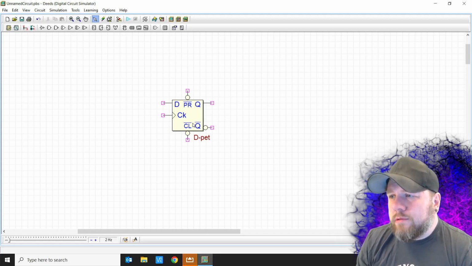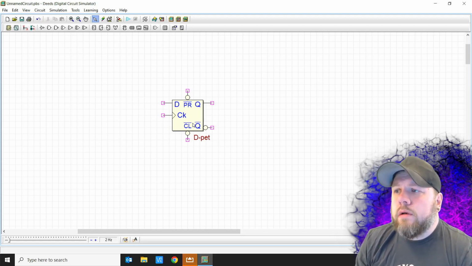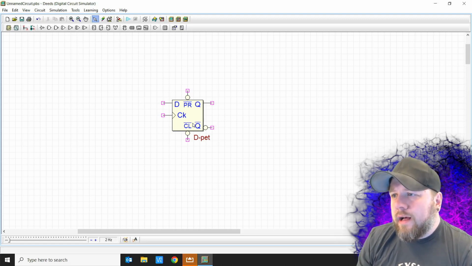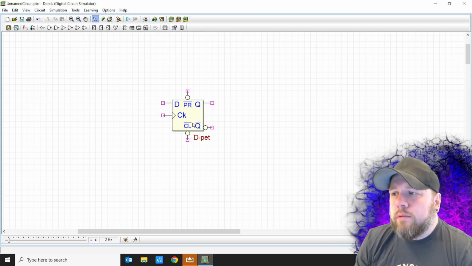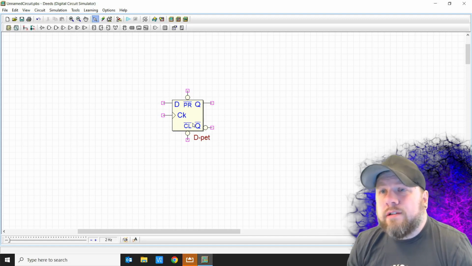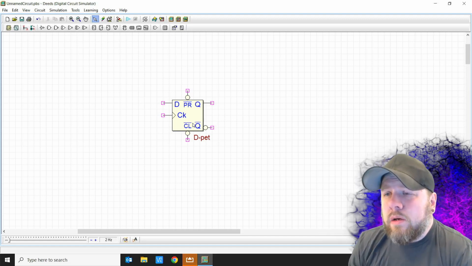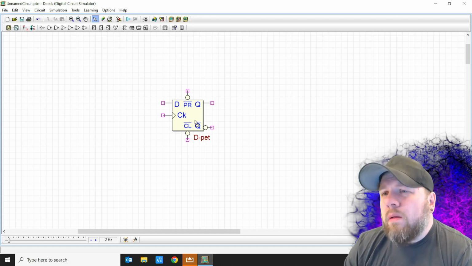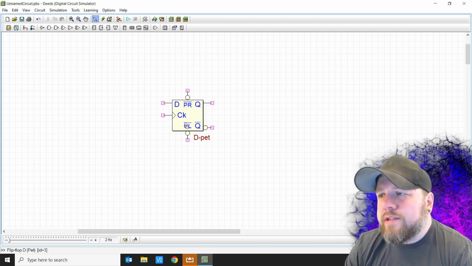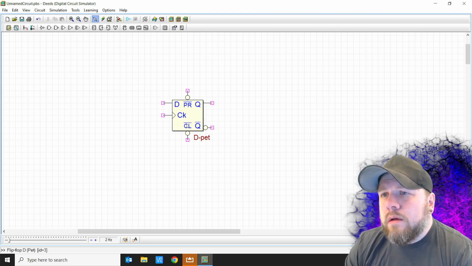So that thing that's going on that's different is going to be represented by 0 instead of 1. There's multitudes of reasons, basically coming down to simplicity of design, and sometimes it's easier to interface things when we get a low coming in so that we're sinking instead of sourcing current. Okay. So the only thing that's really different about this flip-flop, ignore the PR and the CL for now, okay,